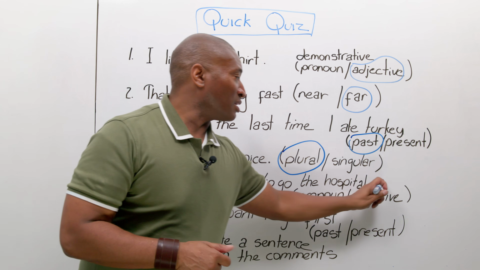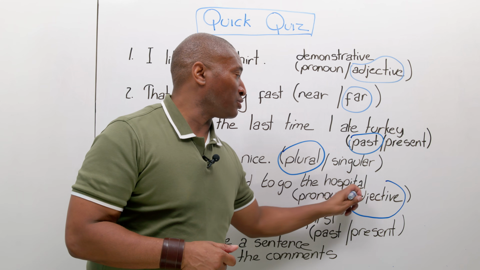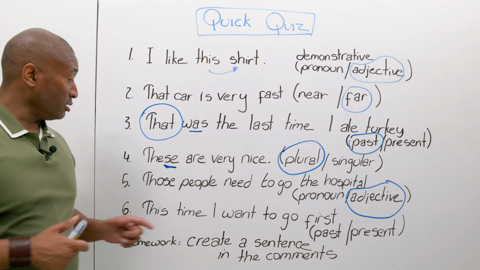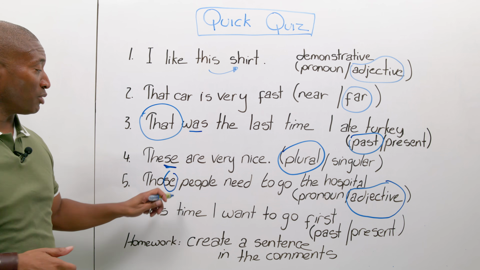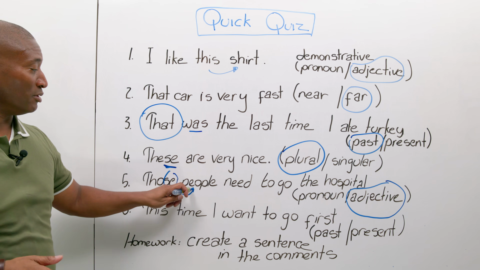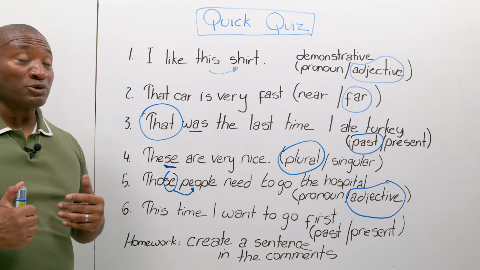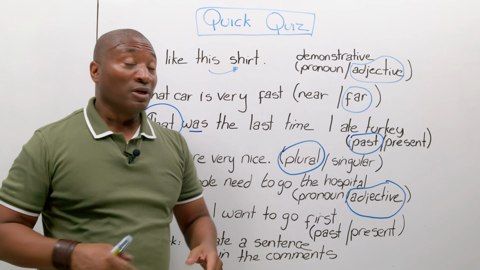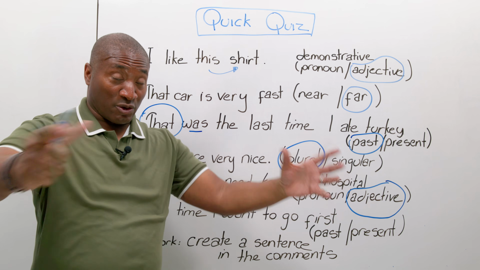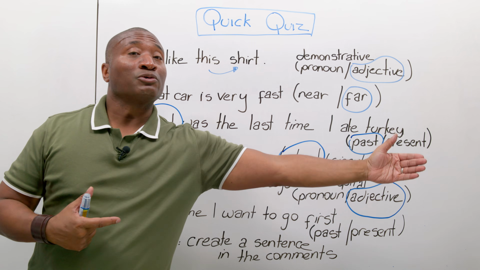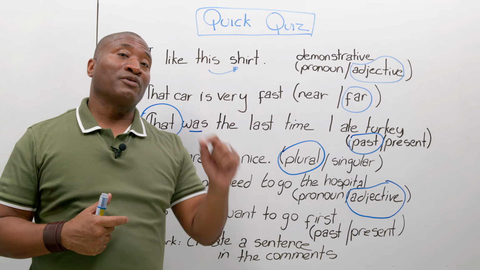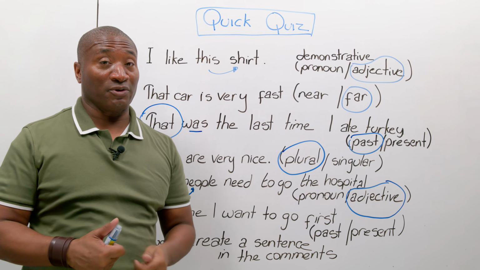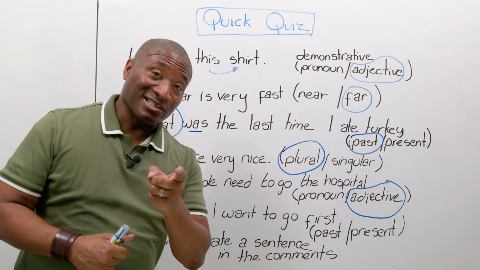Well, we're describing the people and we're given two pieces of information. Do you know what the information is? Okay, number one, something extra. There's more than one person, but you could tell that because I said people. And the other thing is those people aren't close to me. I'm pointing to them. I go, those people need to go, not these people. So you get two pieces of information. There is a group of them and they are not close to me. This is the power of understanding demonstratives, especially the pronoun form or the adjective form. Aren't you glad you took this lesson?